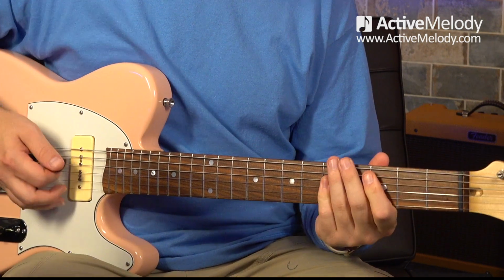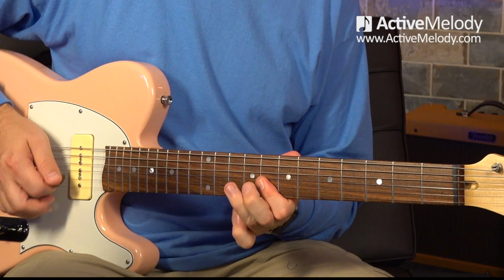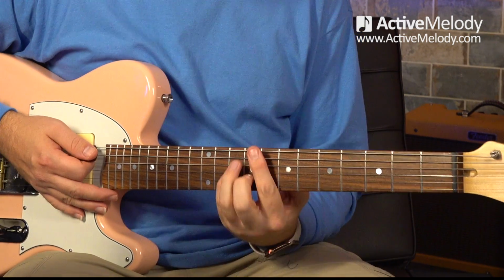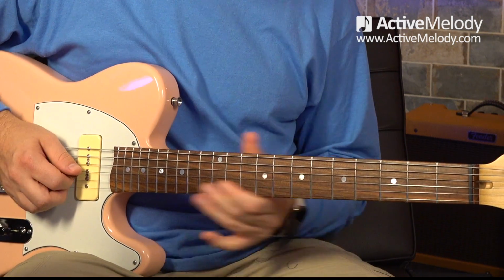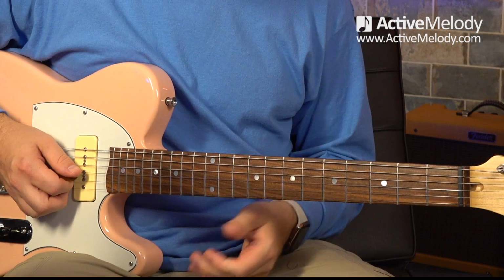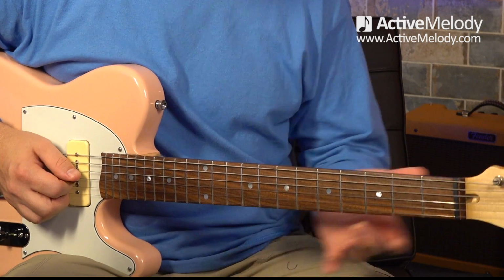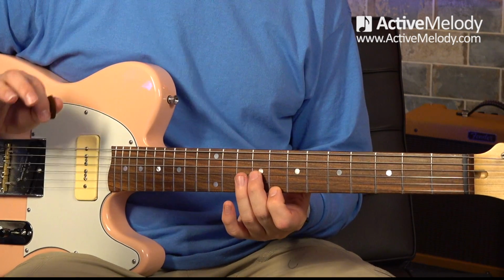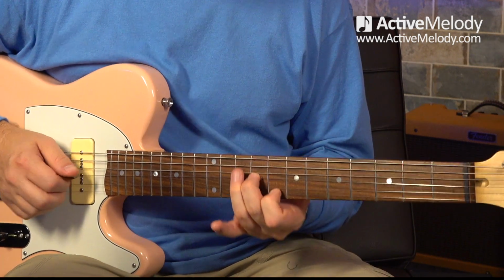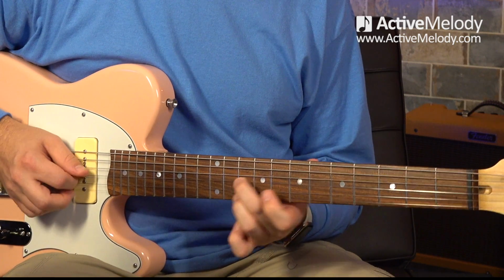Okay, now the second time through, we're going to come up here and play in a higher spot on the neck. So after we play the C chord, I came up and played this. So that's my middle finger on the 9th fret 3rd string, and I slid into that. And then I put my index finger down on the 8th fret 1st string. Now what is this? Well, it's a harmonized 6